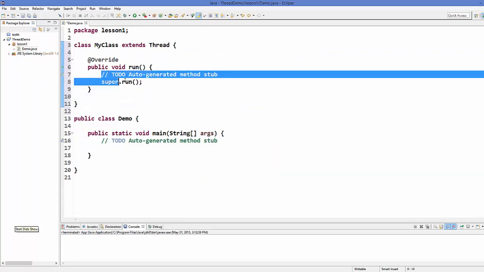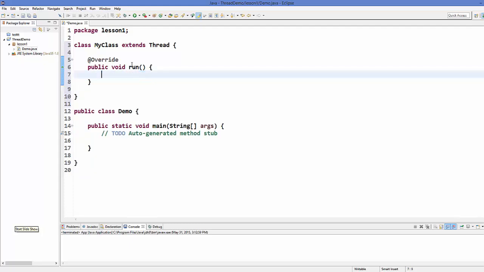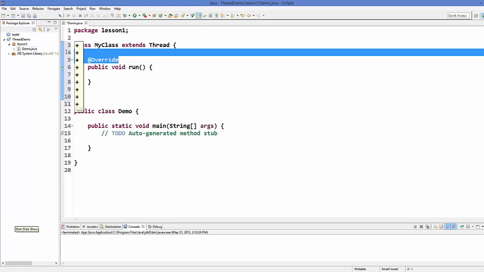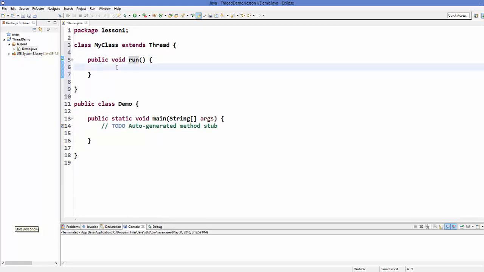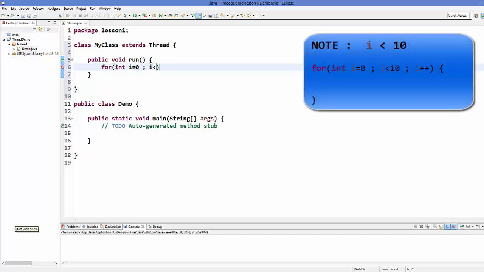Right now we don't really need all this auto-generated code, so you can delete it or leave it. It's up to you. What I want to do is perform some code. For example, I want to print some number 10 times, right? So int i = 0, i less than 0, and i++.